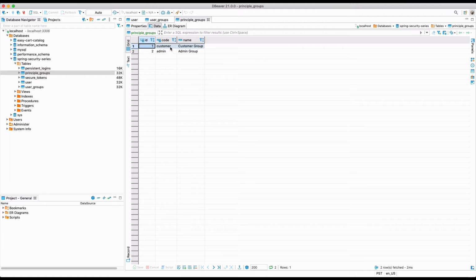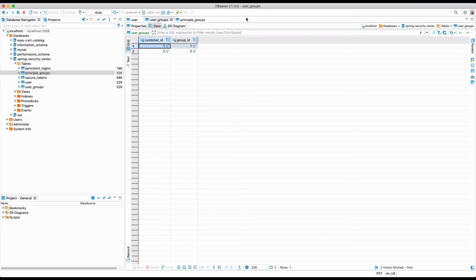We have right now two groups. One is a customer group and another is an admin group. And this is the user group table, created because we have a many-to-many relation between user and user groups.